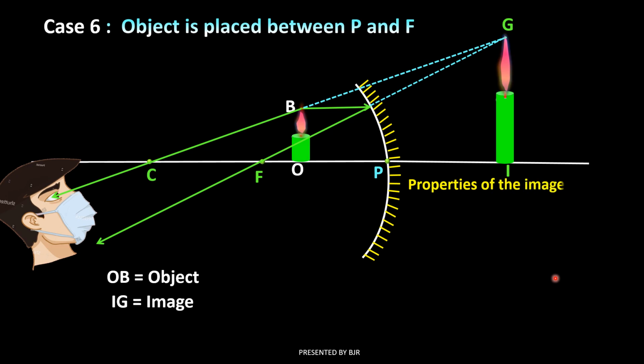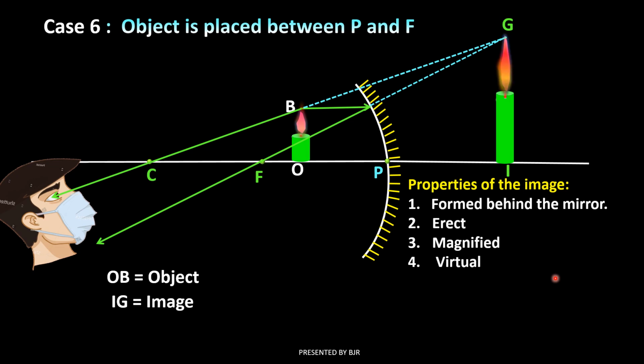So this is all about the ray diagrams related to the concave mirror. In the concave mirror we have six possible cases. And I have taken only these two rays. It is not compulsory to use the rays I have taken to draw the ray diagrams. Whichever rays you want, you can take two other different rays and try to draw the ray diagrams. You will get the same images.